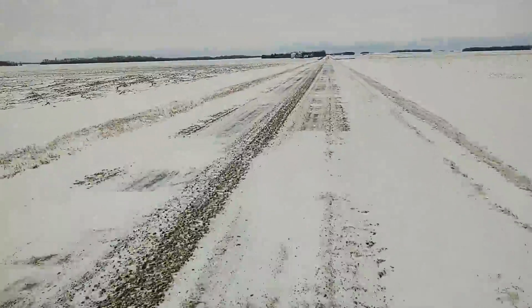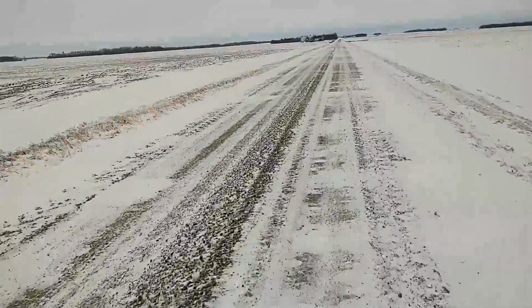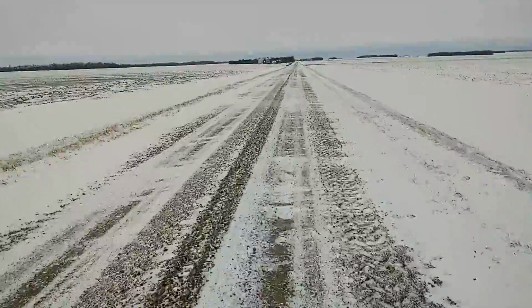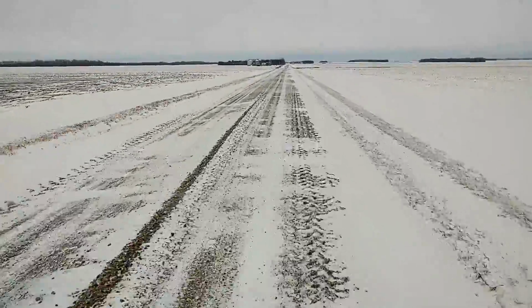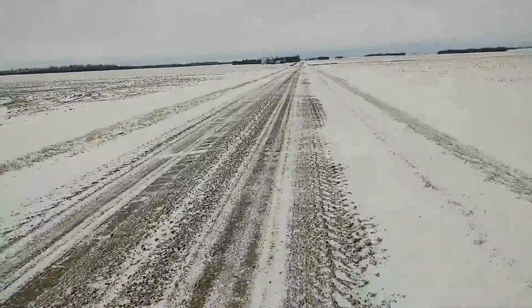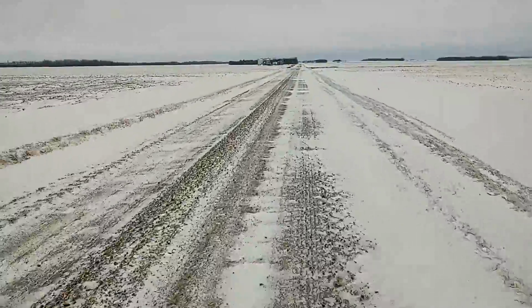Ooh, this is starting to get a little technical here. Whoa! Oh boy, almost dumped it again. There's a few drifts here I'm not catching because of my limited view through the camera. Okay. Gotta remember there's a delay. Try to stay off the right side there. Hopefully I'm not holding up anyone behind me, but...